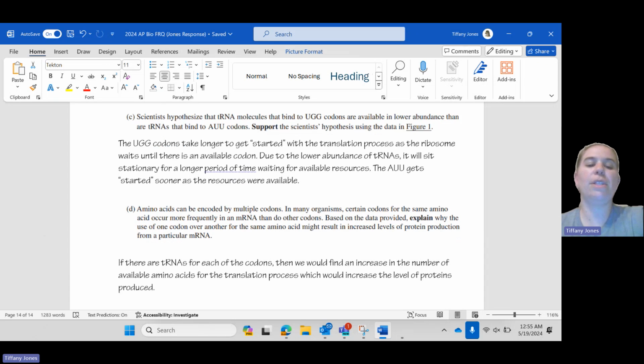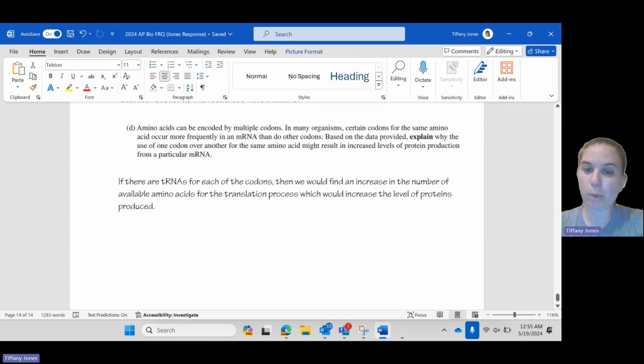And then part D, amino acids can be encoded by multiple codons. Some of them can have the same amino acid occur more frequently in mRNA than other codons. Explain why the use of one codon over another for the same amino acid might result in increased levels of protein production. So if you have more of these different codons, that means that you're going to be able to bring in more of those amino acids so you can increase the rate of that translation. So I hope